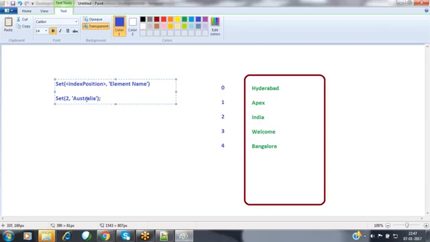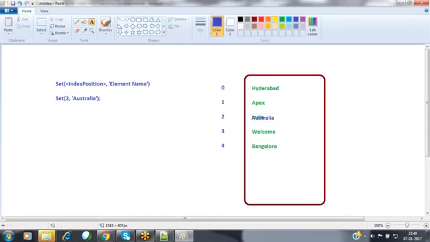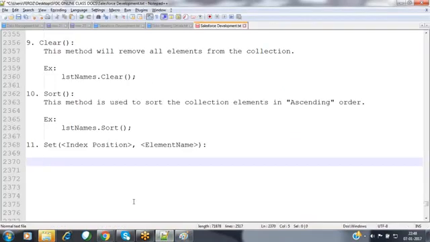The set method assigns the new value to the collection element at the specified index position. So the element value at that index position will be overridden with the new value, Australia. So for that we are using the set method.